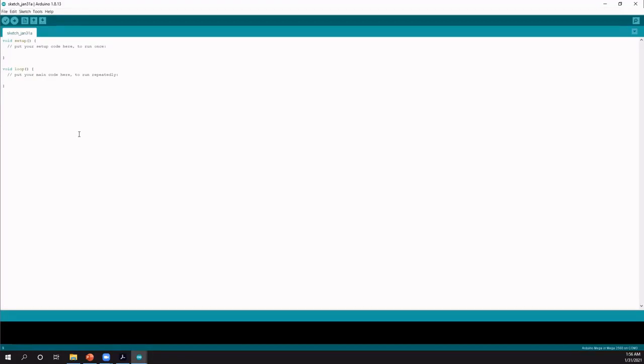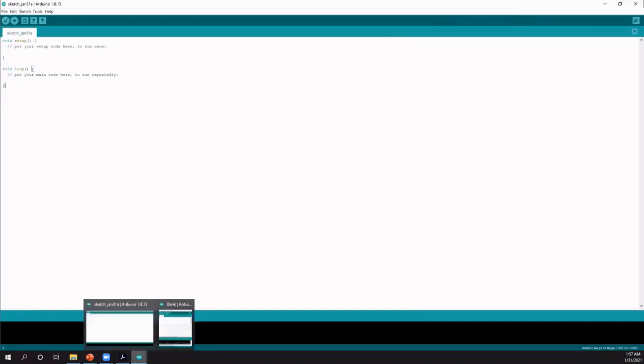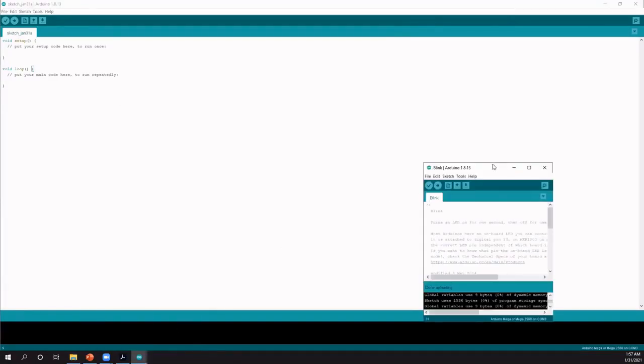So once you run one of these things, it's going to set this in motion, and it's not going to stop until you cut power. So just keep that in mind. Let's see what the blink program was doing. The blink program